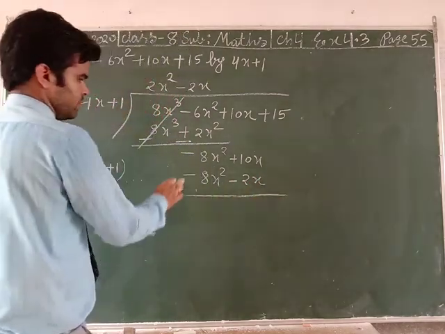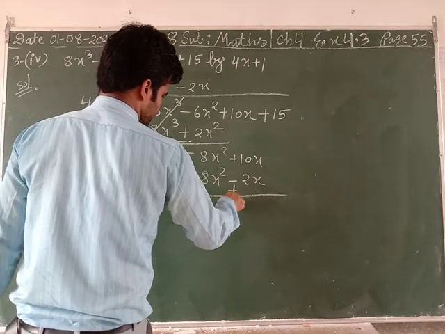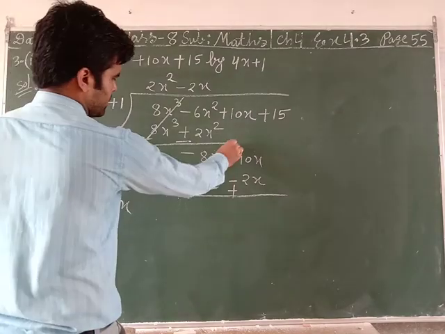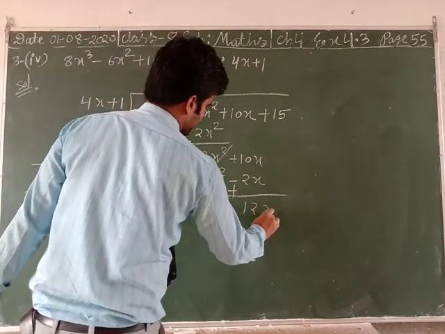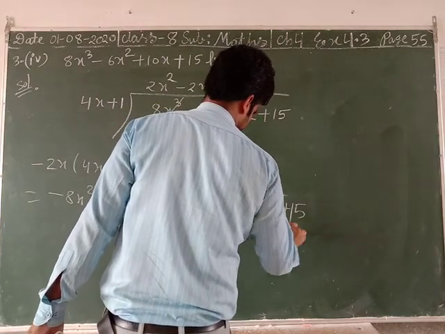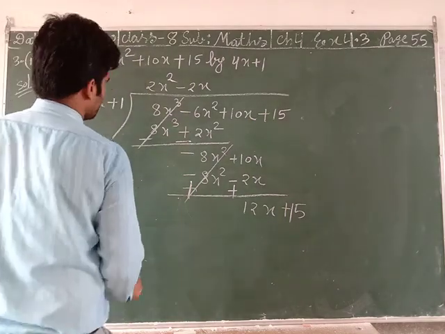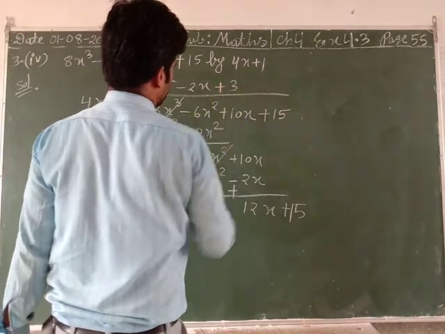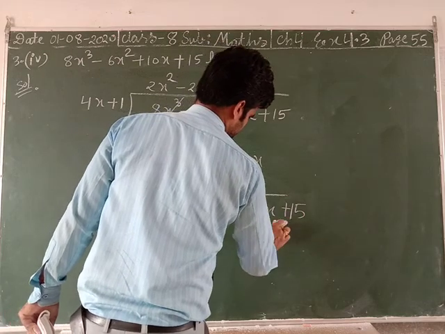Now sign we have to subtract, when sign get changed, so minus become plus, and this also minus become plus. Now this negative and this is positive, so it get cancelled, and this is positive get added, 12x and plus 15 will carry. So students, here is 12x and here is 4x, so we write here directly by 3. 4 3s are 12x plus 3.